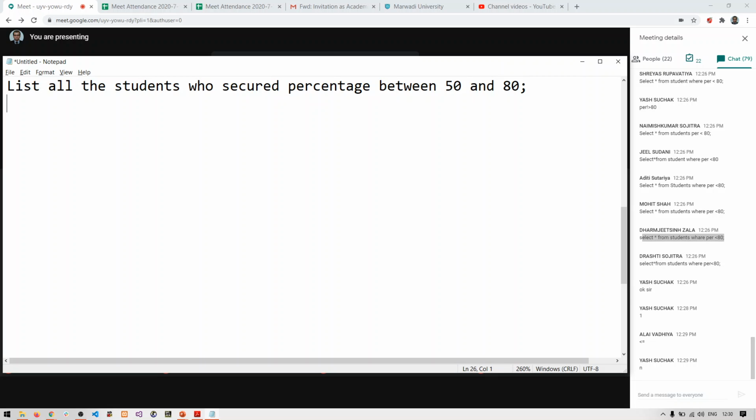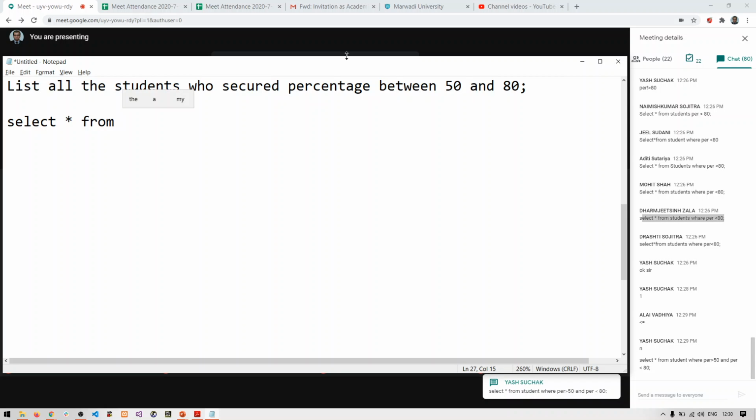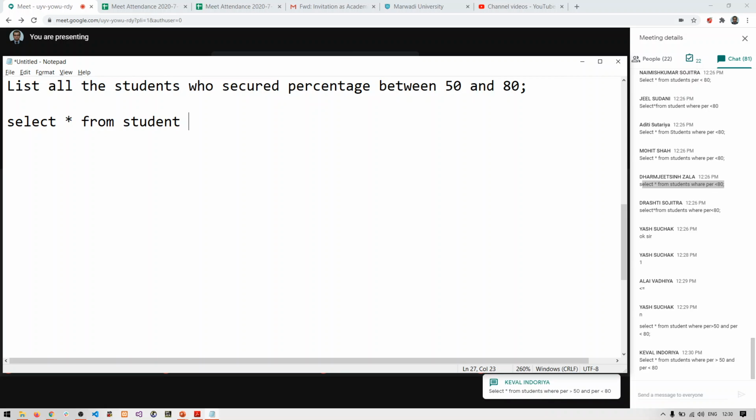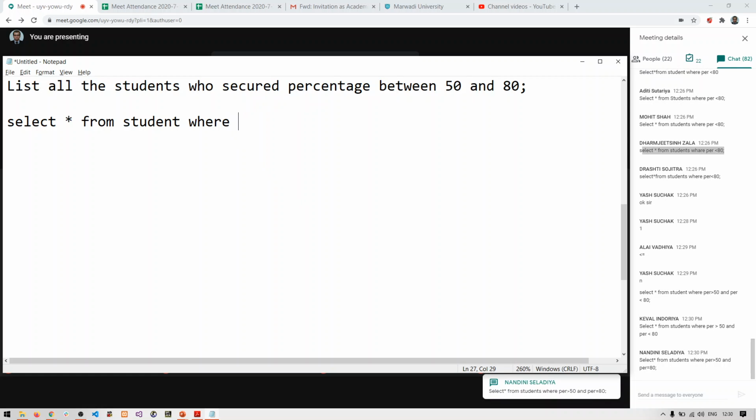Write down the answer for this using the AND operator. You already know this answer. Select star from student where per greater than 50 and per less than 80.